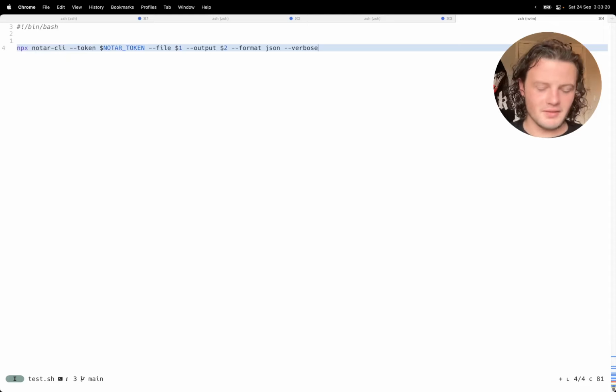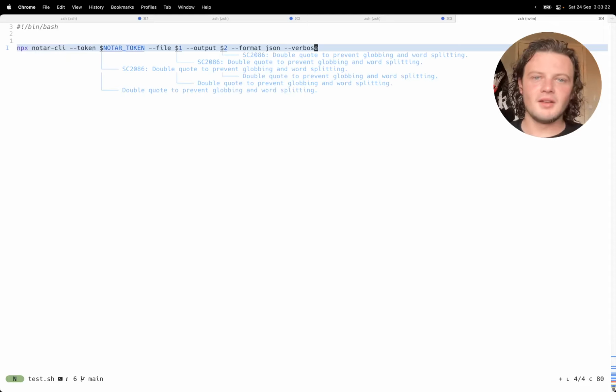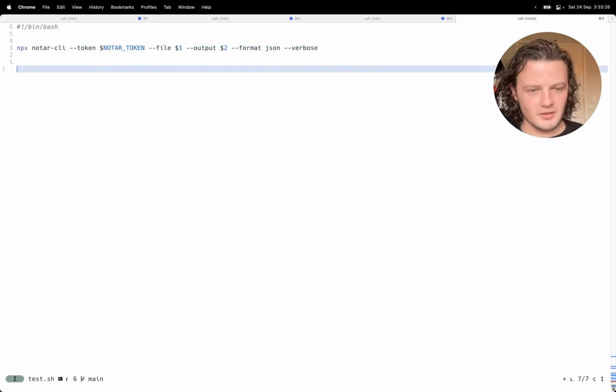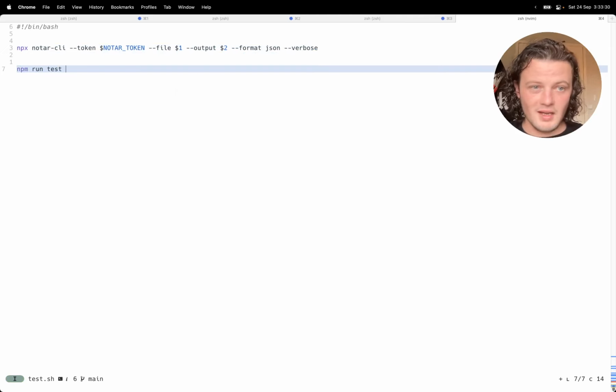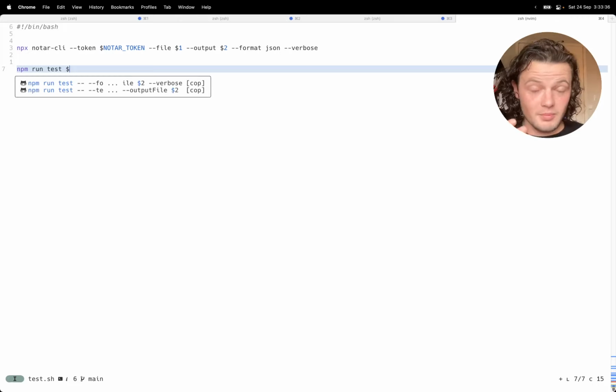I mean, let's just pretend here we've just written a query to get back some information out of our smart contract, and we might do npm run test, and then maybe we can pass in that variable to the test, which basically now we're sort of starting to do what is a little bit like an end-to-end integration test,